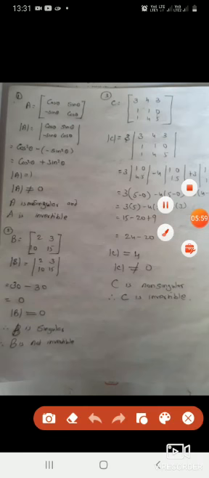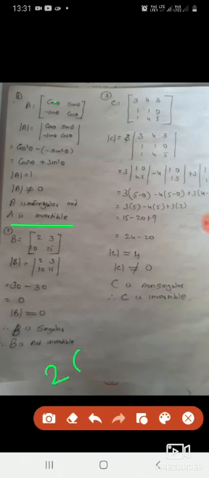See the first one, the same one we have just discussed. Second one, it is 2 into 15 minus 3 into 10. Determinant, that is 30 minus 30. 30 minus 30 is 0. Determinant of B is equal to 0. B is a singular matrix. Singular matrix means it is not invertible. It should not be equal to 0, then only it will be invertible. Otherwise it is not invertible.